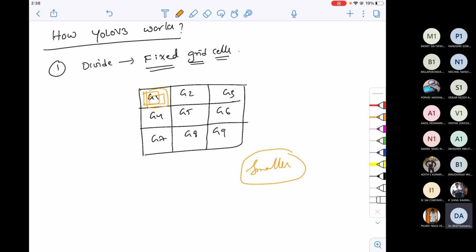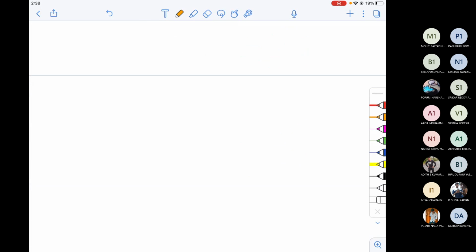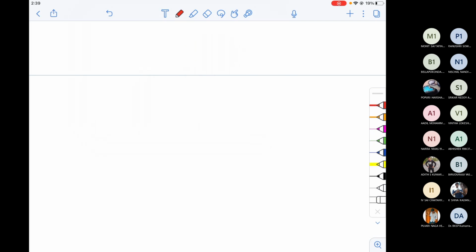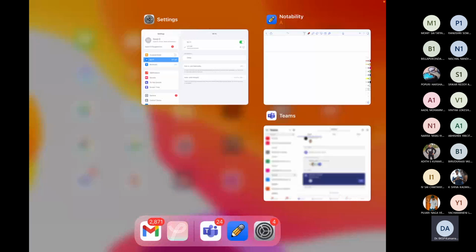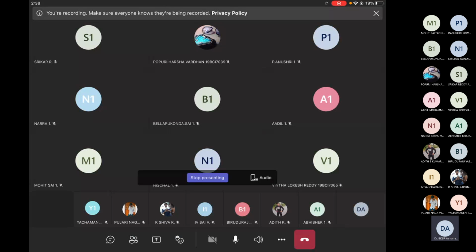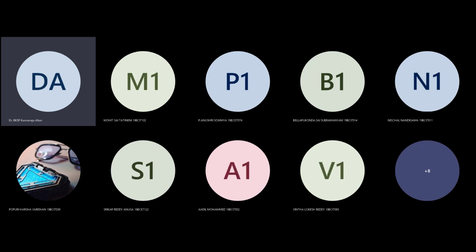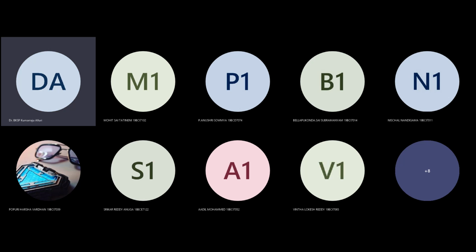Let me first draw the architecture. This is my input image. I could have taken something from the internet directly. Drawing will take a lot of time. Just give me a sec, Nana. Let me unshare the screen and maybe I'll take the diagram from the internet, because I don't want to draw it and waste a lot of time. Just give me a couple of seconds. I'll be pasting that.